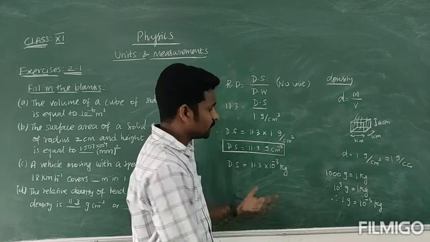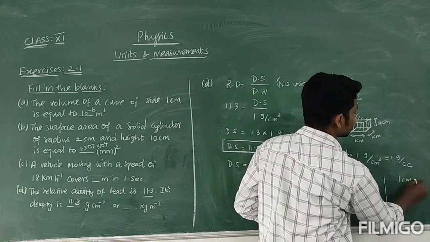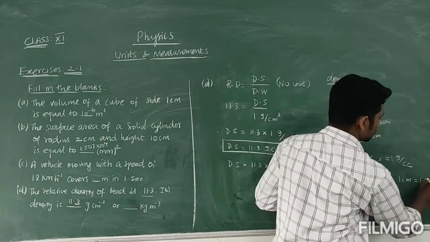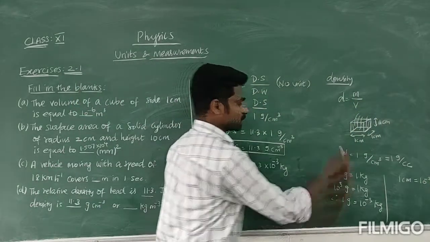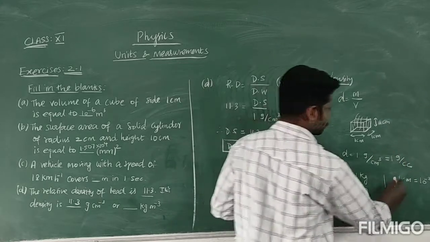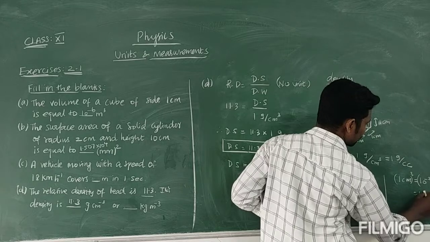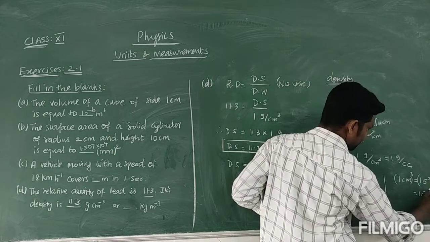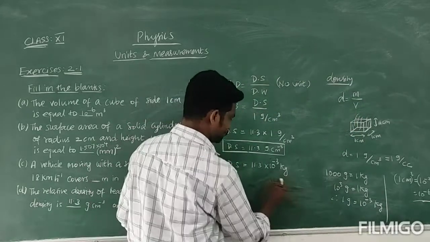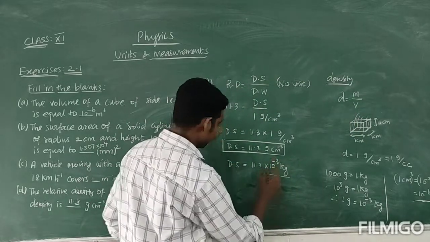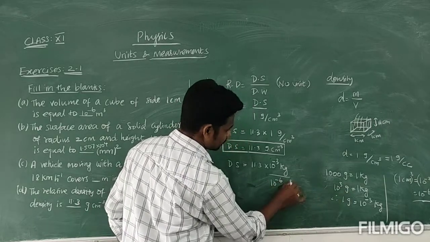Okay, so like that centimeter cube, how to convert? Listen, we know that 1 centimeter is equal to 10 power minus 2 meter. So like that 1 centimeter cube, whole cube. Here also whole cube. You can write 10 power minus 2 whole cube. We can write 10 power minus 6 meter cube. So we can write divide by centimeter cube. So centimeter cube, how we can write? That is 10 power minus 6 meter cube.